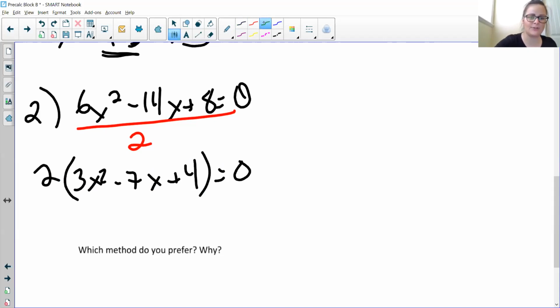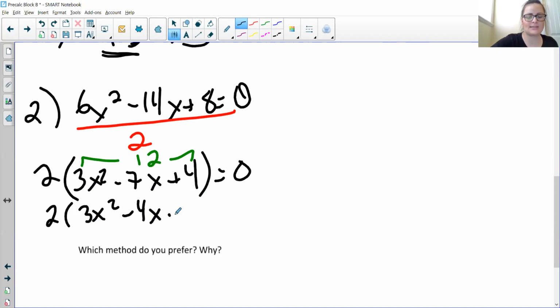And so now I'm looking for two numbers that multiply to positive 12 and add to -7, and my values are going to be -4x and -3x,